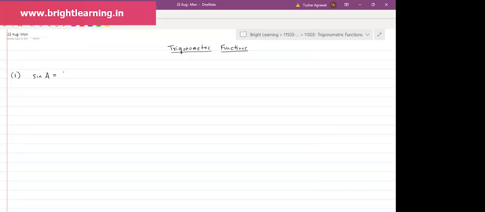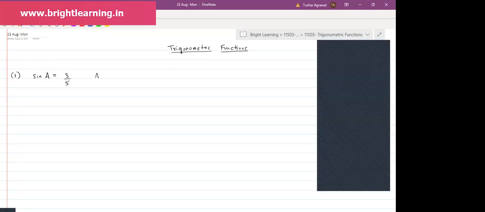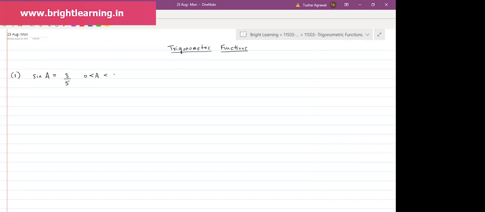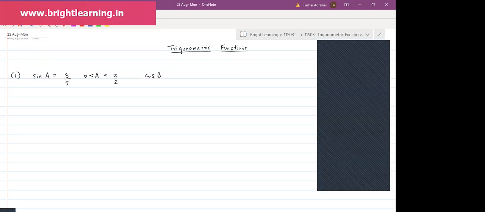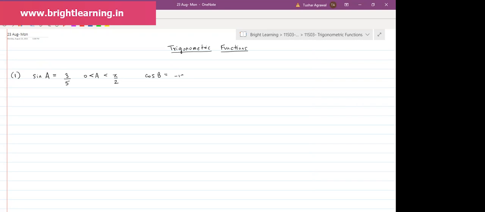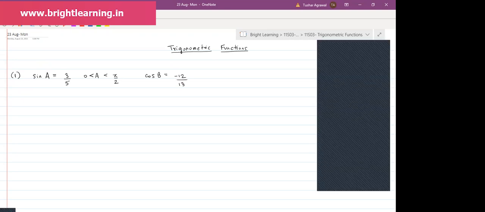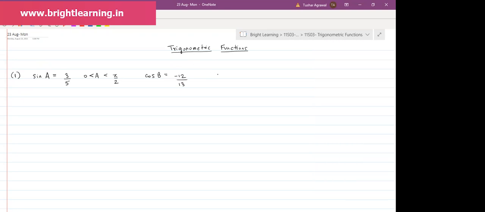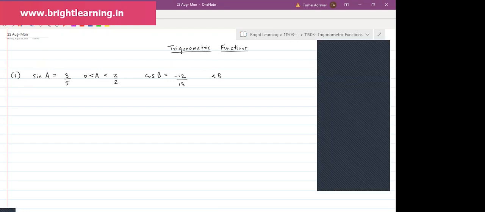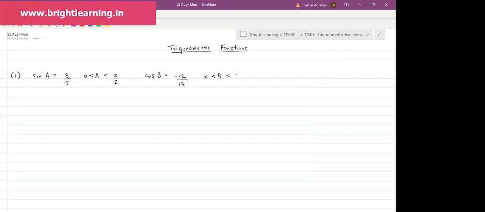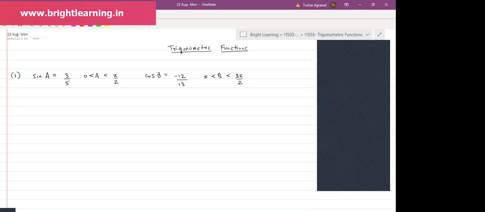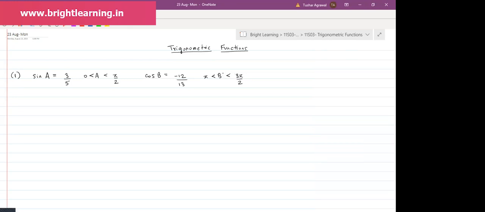Sine A is equal to 3 upon 5, where A is greater than 0 and less than pi by 2, and cos B is equal to minus 12 upon 13, where the range of B is from pi to 3 pi by 2. Let B be some angle between pi and 3 pi by 2. Find the value of